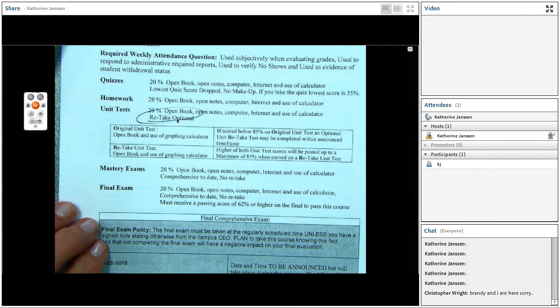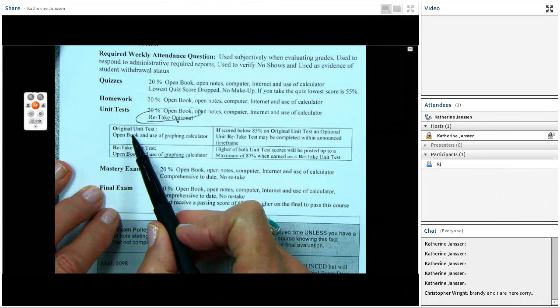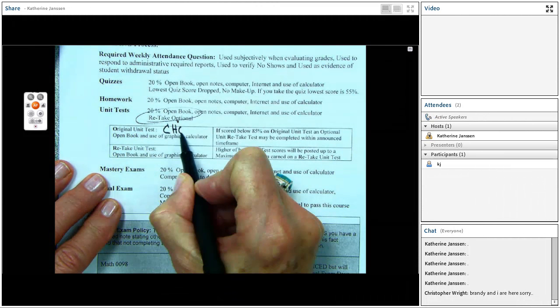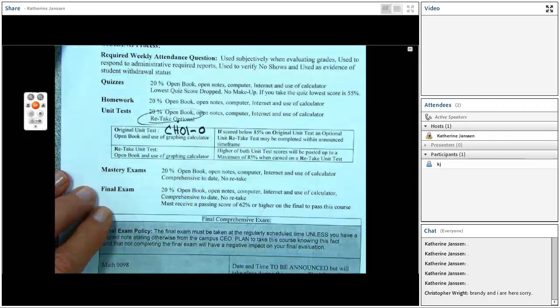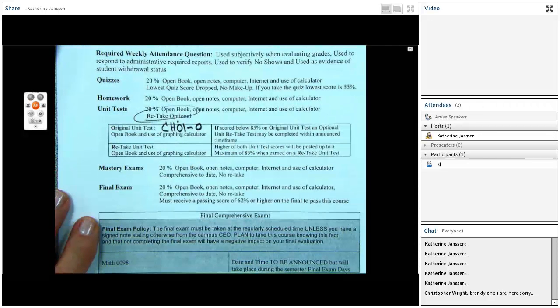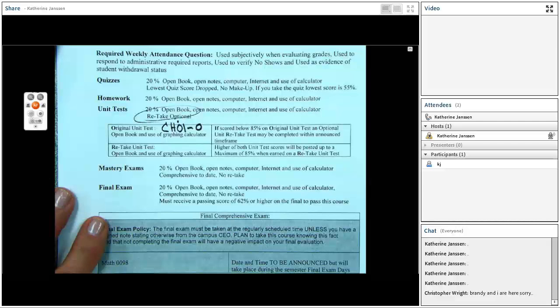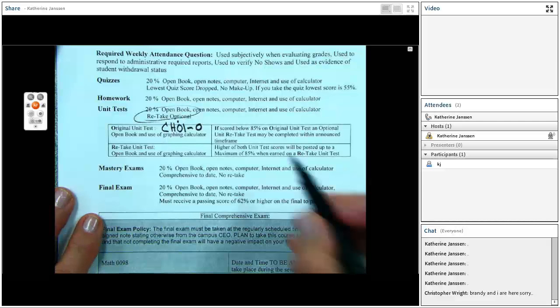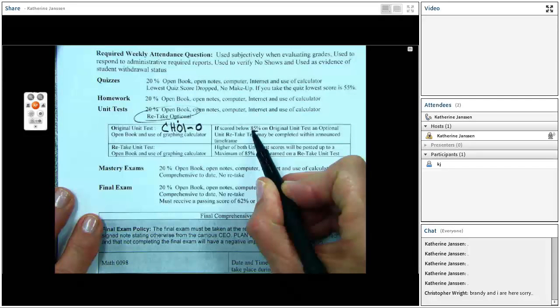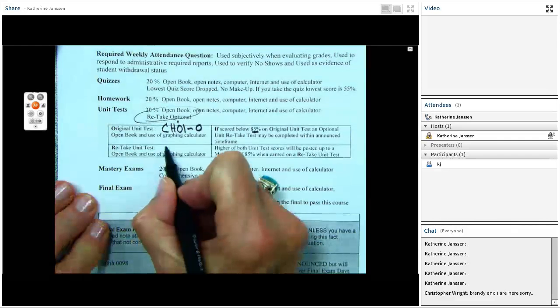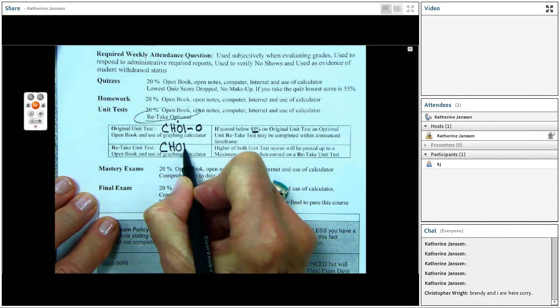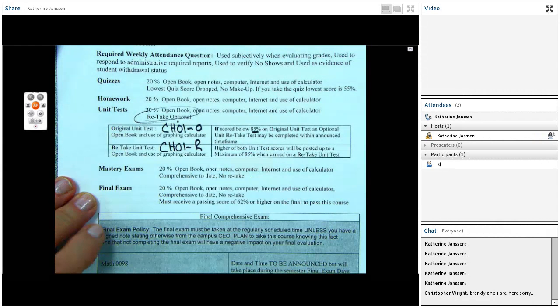So under your chapter test, our original, I'll usually call that chapter 1, for example, original at my math lab. The chapter 1 original test, if you score below 85% on the original, you're a candidate to take the retake. And the retake test, I usually label that chapter 01R at my math lab.